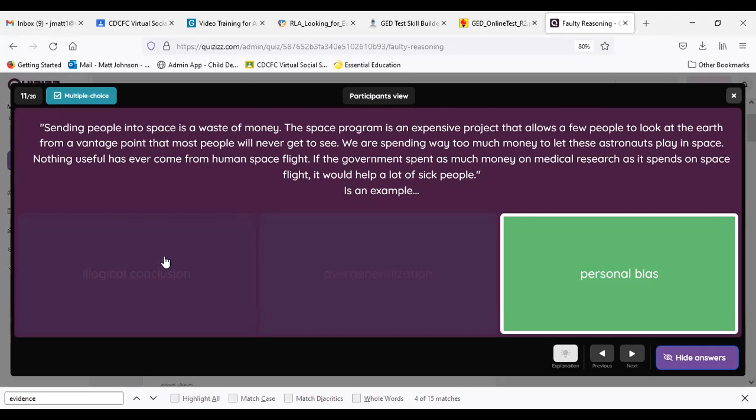So it's just personal bias there. So, if there's some statistics, there's some facts to back that up. Also, they would need to refute the claim that nothing useful has ever come from human space flight. There's been a lot, actually, of technological innovation come about from that. Cordless power tools, or you would have to show also maybe where not enough has been developed to make it worthwhile. Okay,